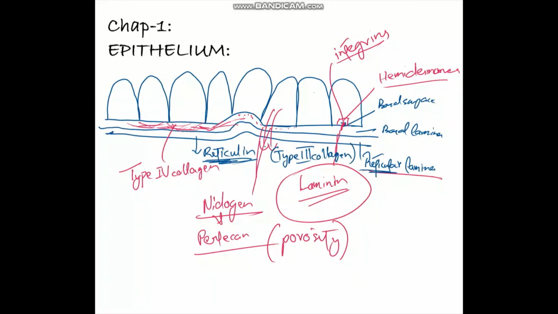And it also contains a meshwork of the anchoring collagen. Does anybody know what the anchoring collagen is? It's the collagen type 7, also called anchoring collagen. All right, and both these collagens allow support and exchange of materials, and basically form a layer of the basement membrane. One thing I want to notify here is that the extracellular matrix, ECM,